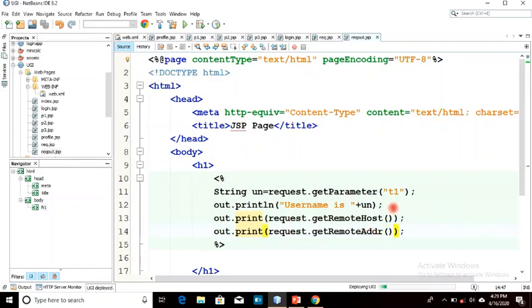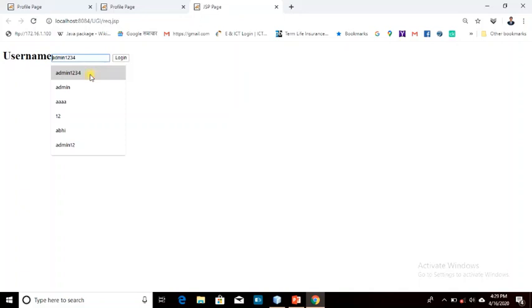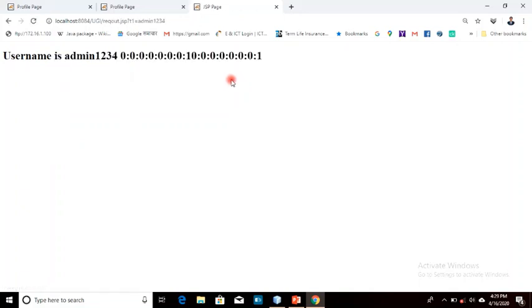Now execute this. I have to execute this particular form and run it. Let's write the username and log in. Okay, so the username is this, and this is the remote address.